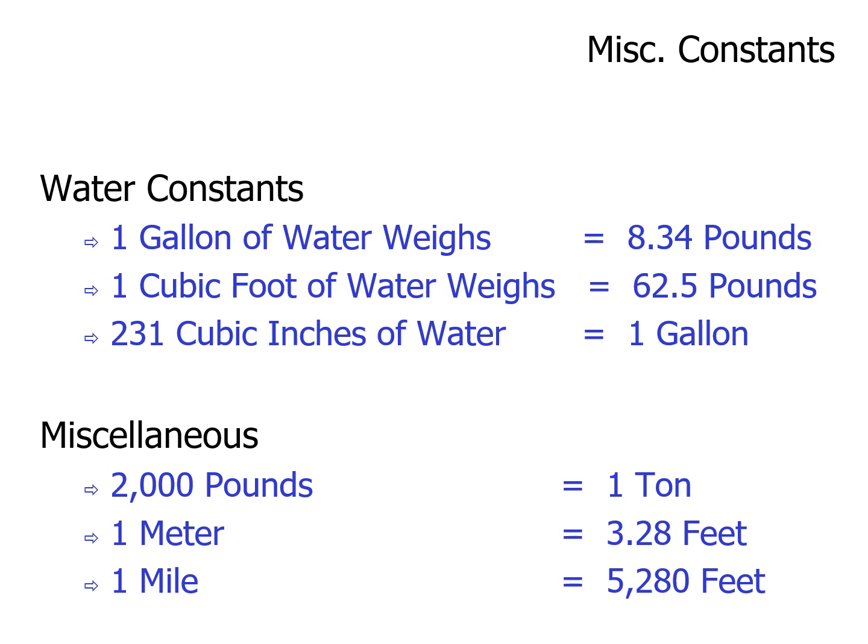The one down at the bottom is trading on us, but I think most of us know it. 2,000 pounds is equal to a ton. Okay, every 2,000 pounds is 1 ton.